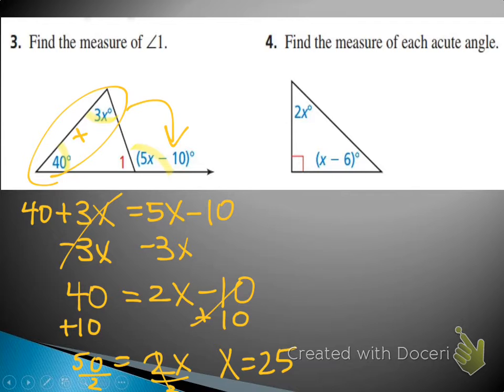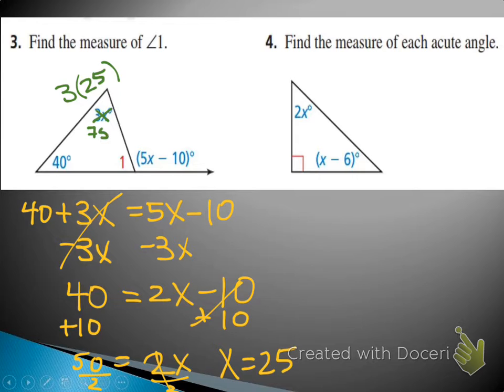Is that what it asked for? No. It asked for the measure of angle 1. There's 2 ways to find it. We're going to do both just to kind of prove it. But what would you like to do first? Where can we plug in x to help us find the measure of angle 1? Yeah, we could do the 3x. 3 times 25, which is